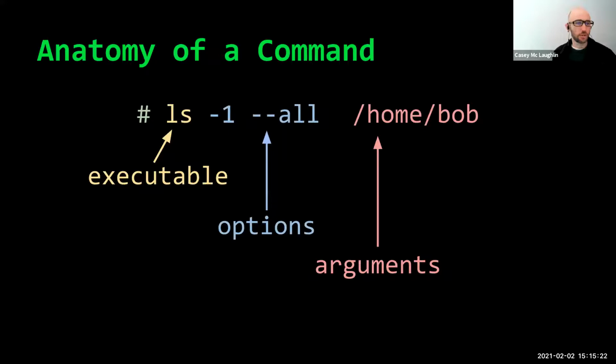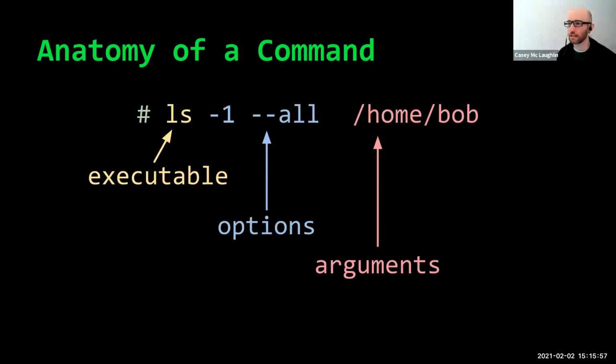Okay, yeah. So the last portion of a statement is the argument or arguments. You can have more than one argument, and some commands take more than one argument. So just know that. This is where you tell the command what thing to operate on. It's usually a file path or a set of files or folders. In this example, we're telling the ls command to show us the contents of the folder /home/Bob, or directory /home/Bob. And that's it for basic commands.